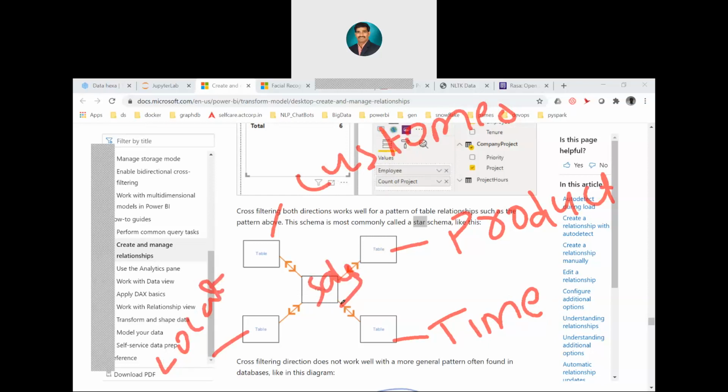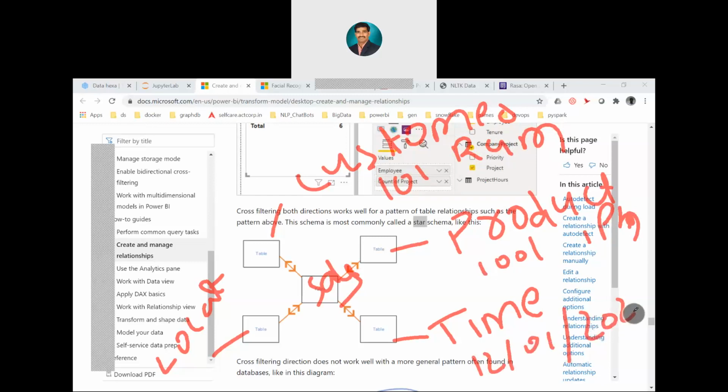There is a possibility I want to understand customer 101 Ram purchased, let us say product number 10101, let us say iPhone, on the date of 12/01/2020. Okay, at the location of Hyderabad, something like this will have it. And how much he paid, I want it. That means I am trying to get the data from all the tables or not.